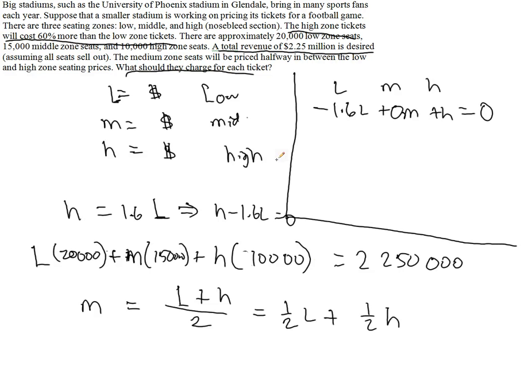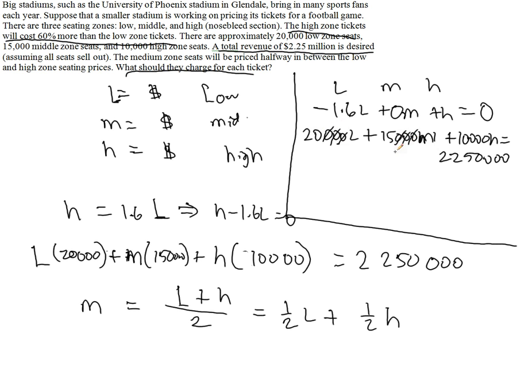Now I'll also do the same thing for the second equation, except that's already written for me, L, M, and H. So I'll do 20,000 L plus 15,000 M plus 10,000 H equals 2,250,000. Now I can go ahead and wipe out the 3 zeros, so I have 20,000, so I'll put 20